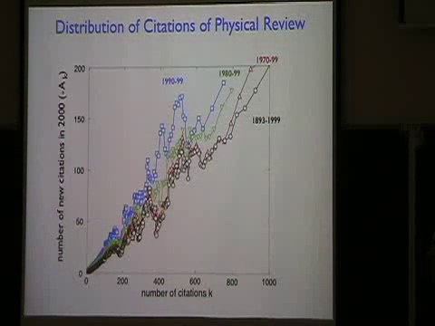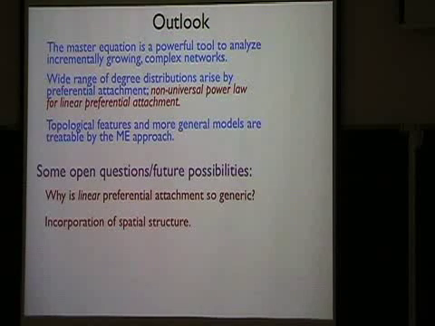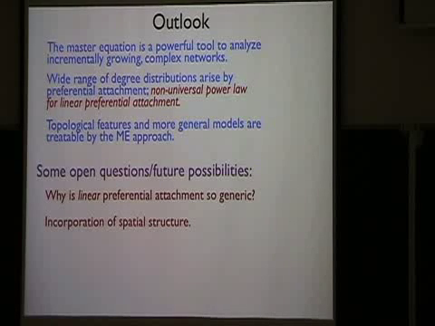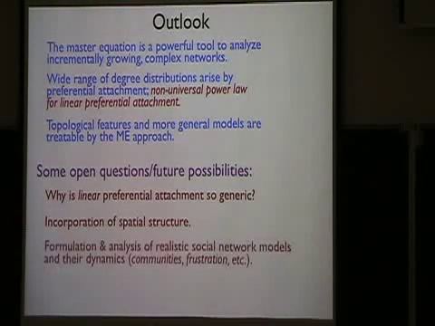So one sees that for the citation network, linear preferential attachment seems to be a very good approximation. Other things that might be interesting to think about is that we have not, in all of this theory, said anything about spatial structure. And if one is really worried about, say, the internet, which is routers and wires and all those sorts of things, and there's costs associated with making wires, then one might have to deal with spatial structure. And indeed, the computer scientists have been worrying a lot about models where the spatial structure or the cost of a link is part of the model itself. And this is an area for which I think there's still a lot of room for interesting modeling yet to be done.